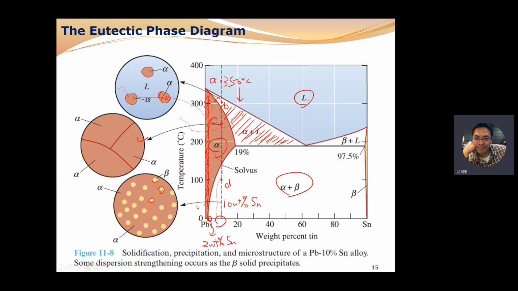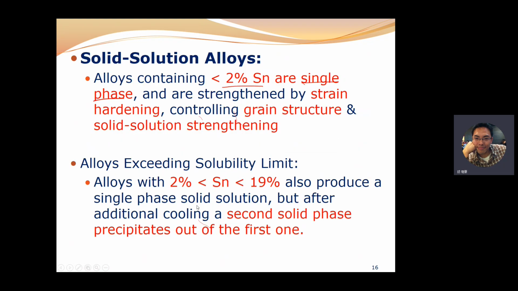Therefore, the approach to strengthening is strain hardening, and we can control its grain size and grain structure, and so on. And for an alloy exceeding its solubility limit, for example, with a tin composition between 2% and 19%,